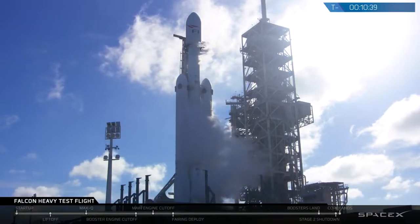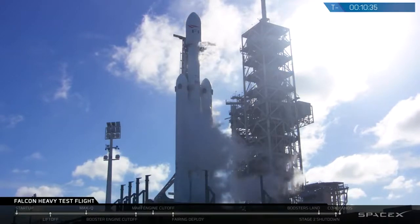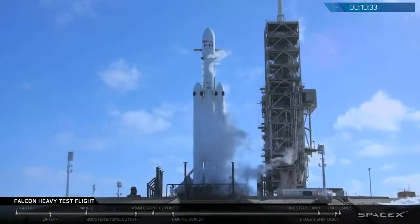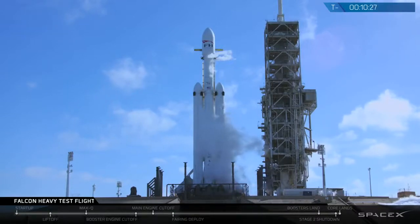At the T-minus 1 minute mark, the flight computers will go into startup mode. They'll be controlling the countdown on the Falcon Heavy. What's different in this flight? Engine ignition will begin at T-minus 5 seconds on the 2 side boosters, followed 2 seconds later by the center